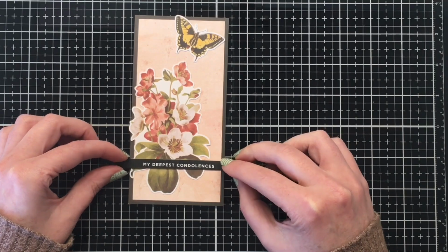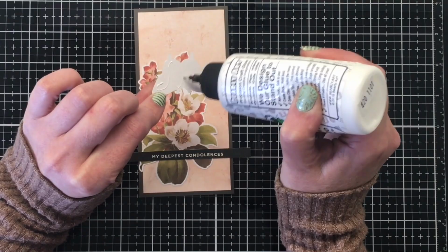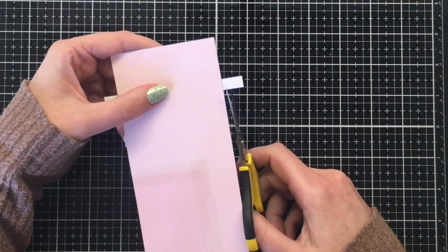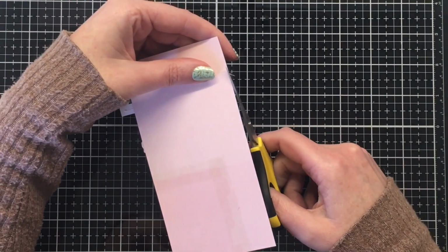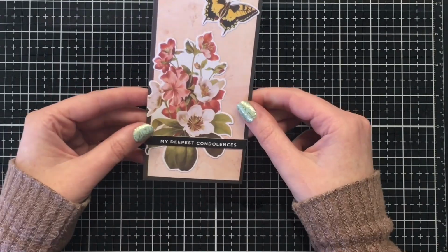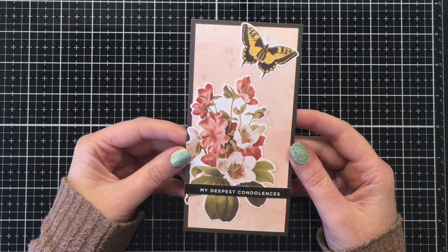And then I'm going to add my moth or butterfly. I feel like I keep saying that. I really don't know if they're moths or butterflies, but you know what I mean if I use butterfly or moth interchangeably. So I am just going to trim up those pieces that are hanging over, and there's my first mini Slimline that I've ever created. I'm going to add a little bit of glitter to the moth, and that card is